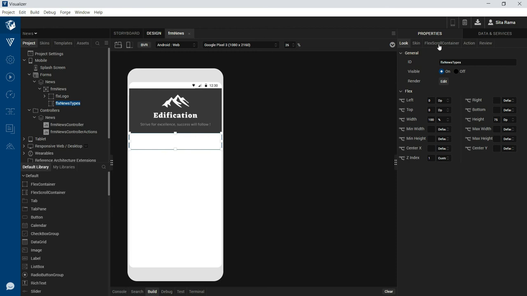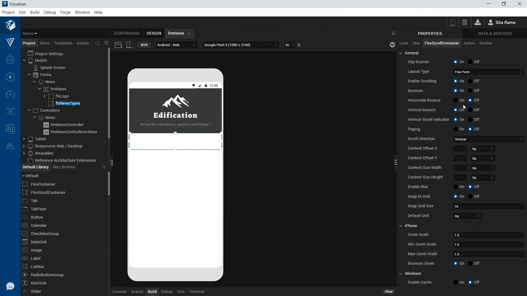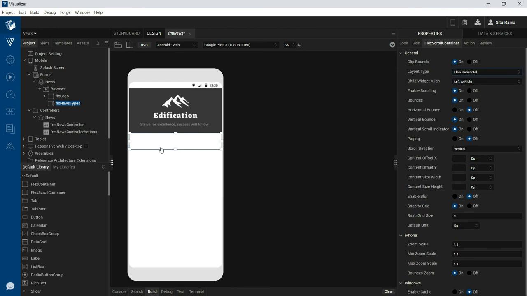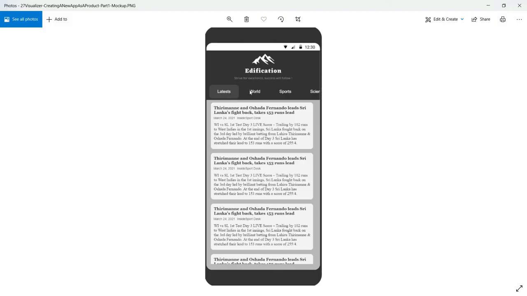For this flex scroll container, I want to have the layout type as flow horizontal. The reason is, if we look at the mockup screen, all the news types are horizontally placed one after the other. So I am making the flex scroll container flow horizontal so that I can have all the news types placed horizontally one after the other.